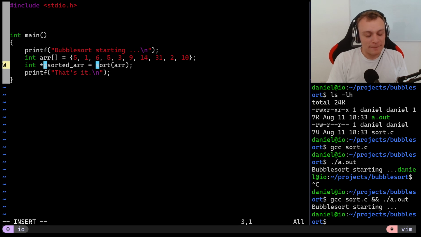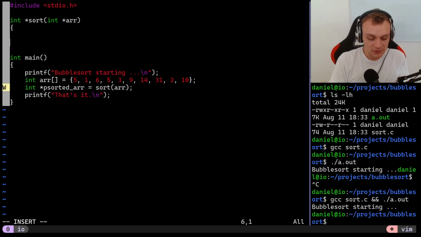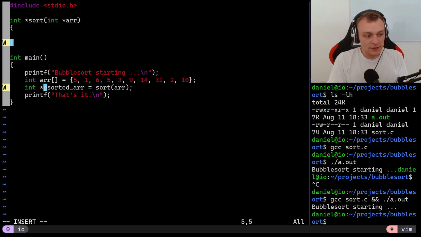So what is the proper return type? It's an int pointer. That is a sorted array. So we sort a given unordered array, just like this. And then what could be the next thing to do? The next thing to do could be,